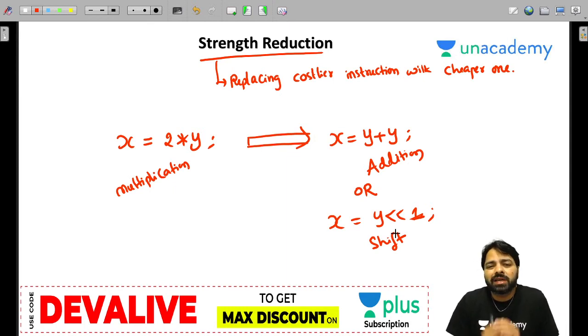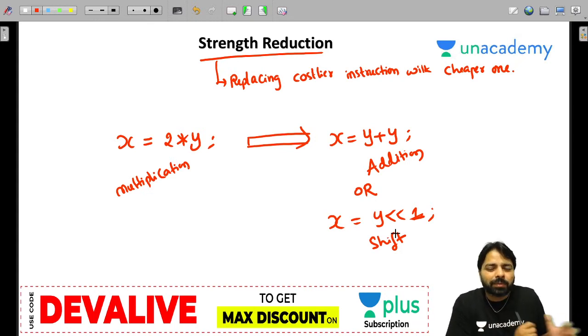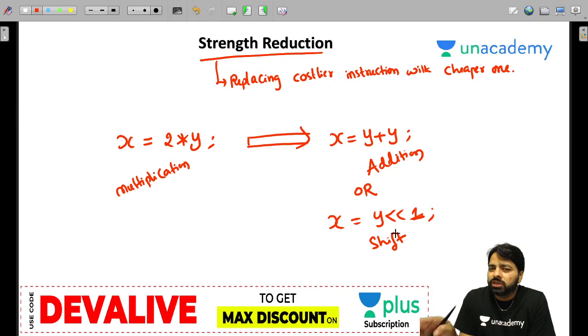In the exam, they will give you a program. They will ask, can I apply strength reduction? Can I apply copy propagation? Can I apply constant folding? So that kind of questions will be there, and you just need to answer, yes, I can apply. They may ask what optimizations are possible on the given code, so you need to choose properly.